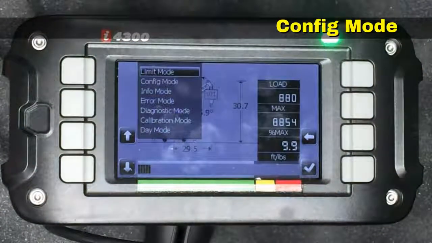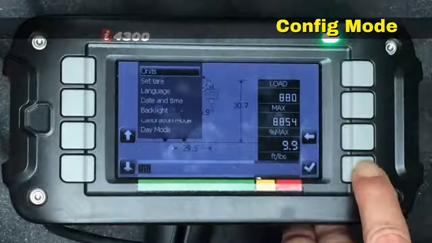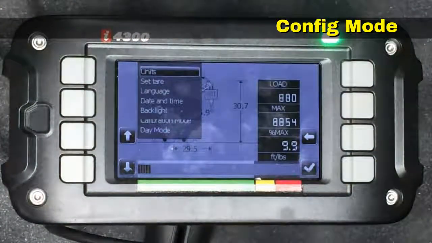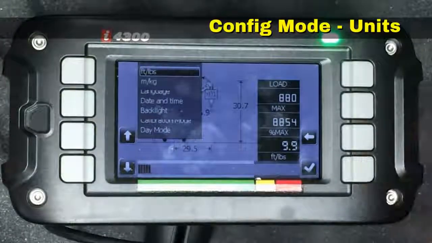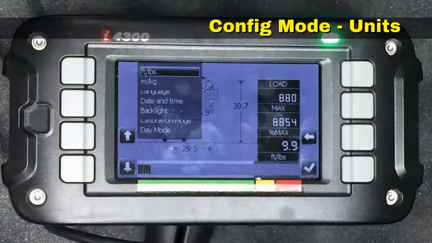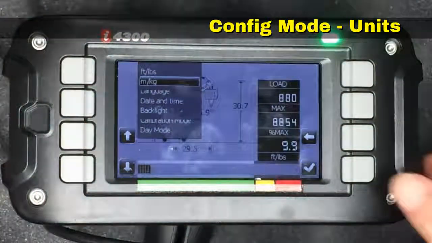Under the mode button, the next item is config. So we'll hit the check mark, and over here we have the first item, which is units. If we hit the check mark, it tells us that we can display the system in feet and pounds or meters and kilograms. We would change from feet and pounds by hitting the down arrow, highlighting meters and kilograms, and